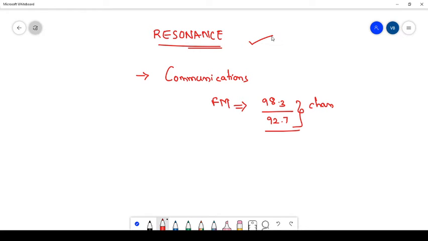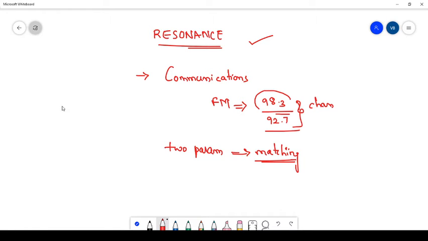So here we are going to make two parameters equal. When two parameters are equal, that will form a resonance. That matching will form a resonance. So by matching those two points or two parameters, we are going to take a particular value or particular frequency or particular phase. Okay, so what are the parameters we are going to consider for the resonance?